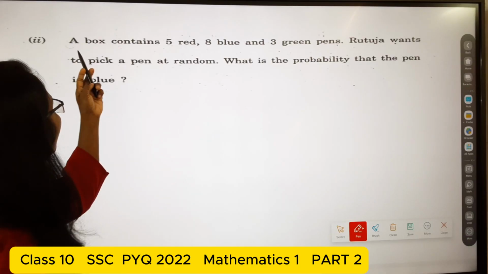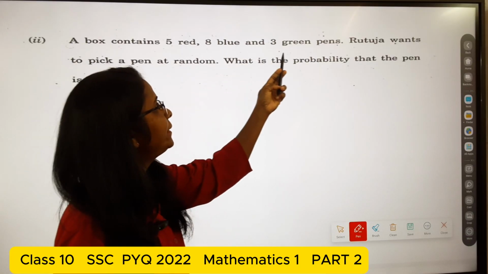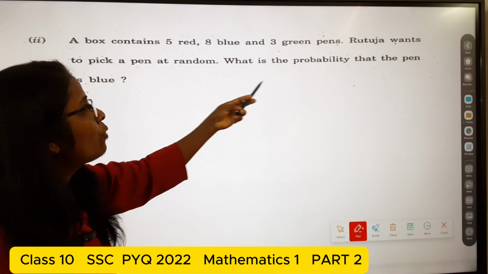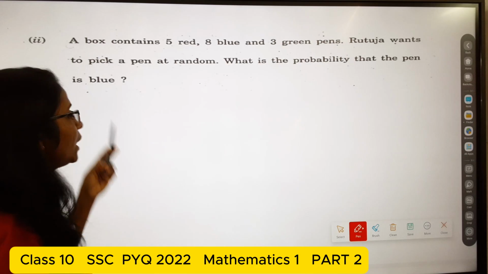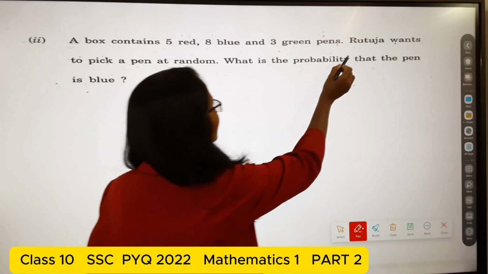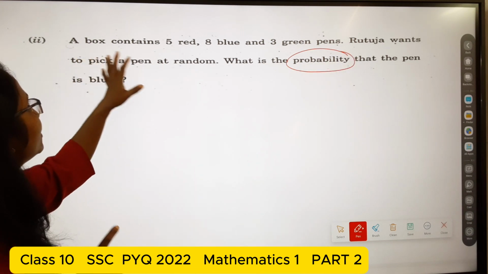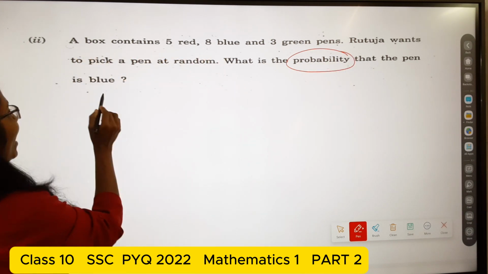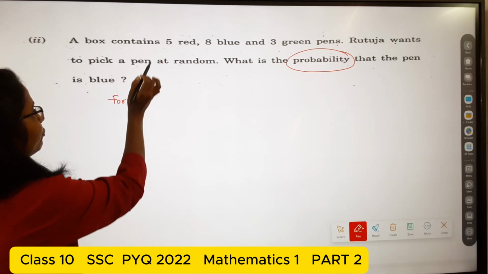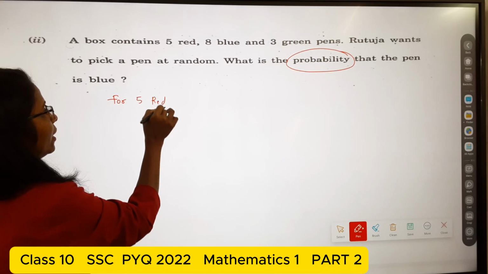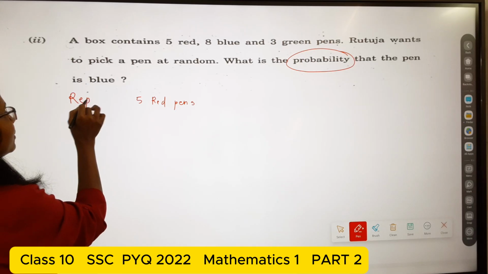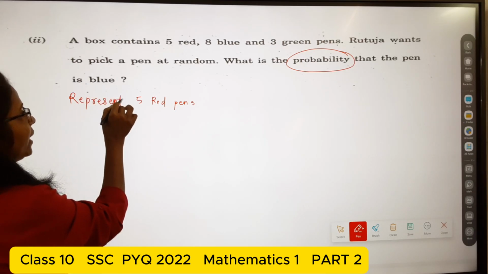Second question, students. A box contains 5 red, 8 blue and 3 green pens. Rutuja wants to pick a pen at random. What is the probability that the pen is blue? So now here students, we have to find the probability. Okay, so first there are the red, blue and green pens. So I write here that we represent the 5 red pens as